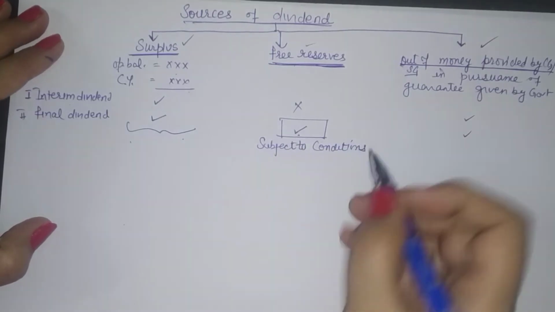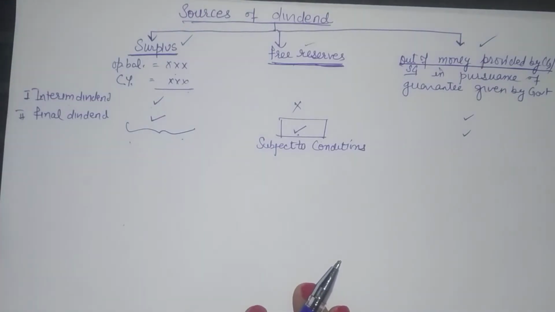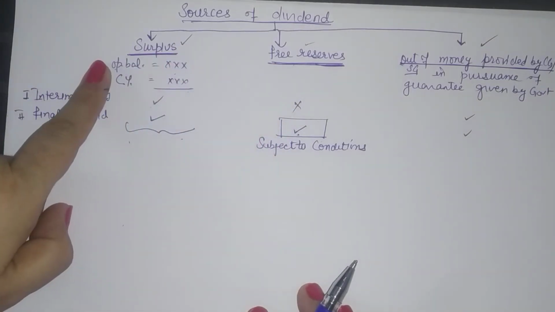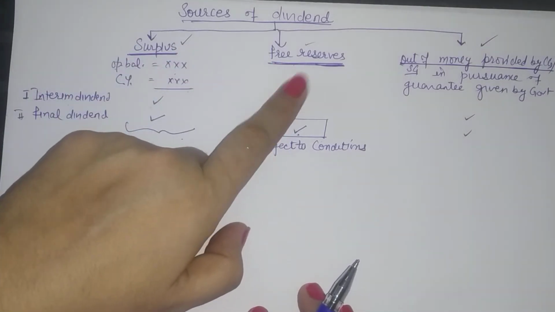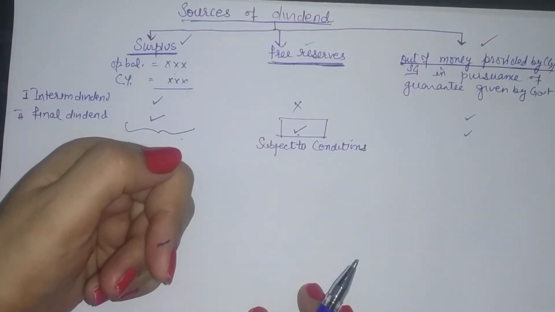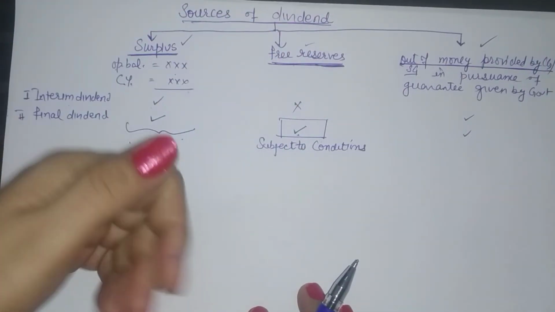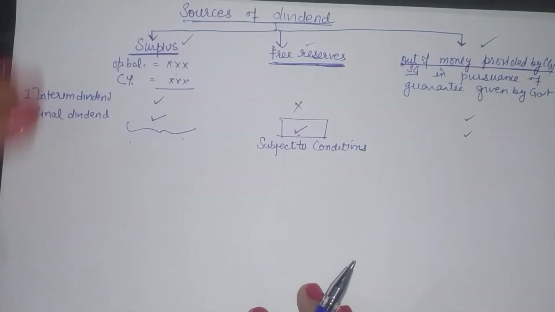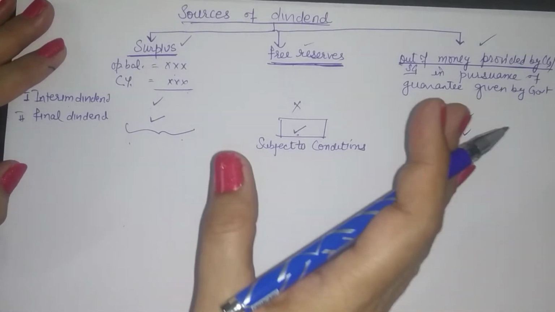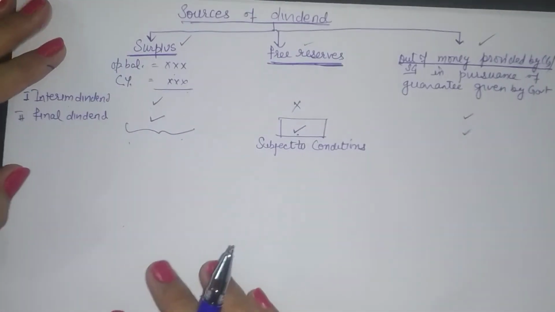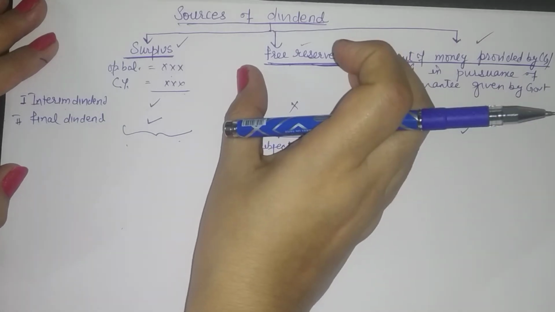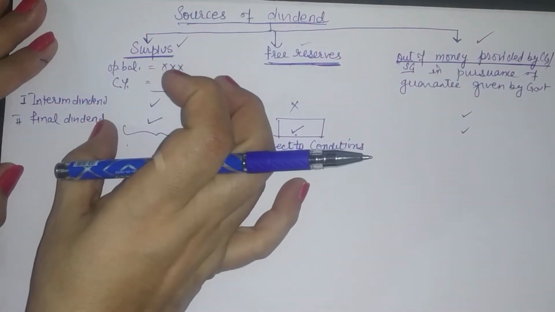So if a company decides to give dividend and you come to free reserves because your surplus is not sufficient, just remember, you can draw out of your free reserves, that is, you can draw from your general reserve to pay the dividend only when your first source is not sufficient. That is, either in this year you do not have any profits, or your profit is very less and you cannot give dividend out of that, so you want to draw upon your reserves to give the dividend. So you will come to this category only when the earlier category has finished.